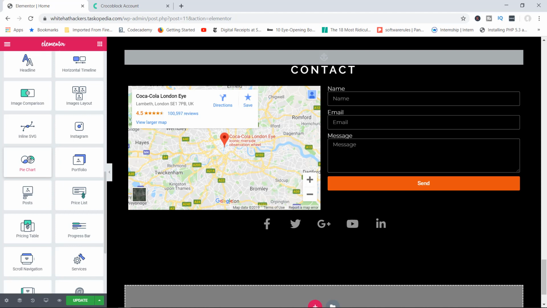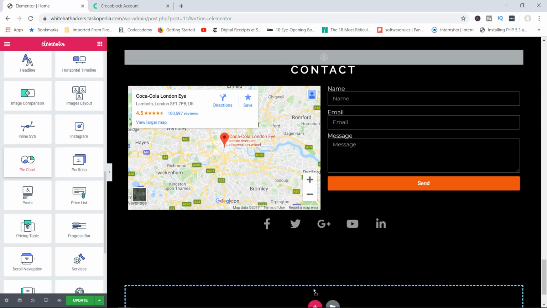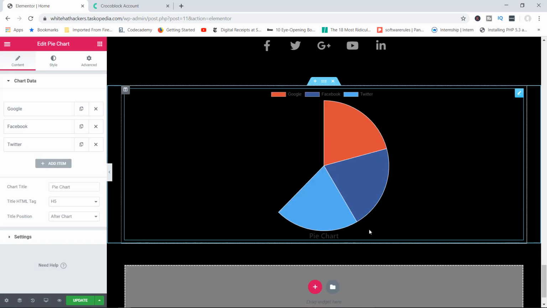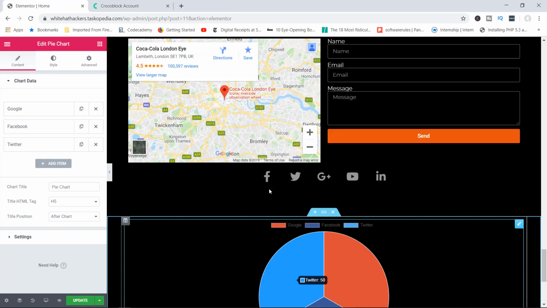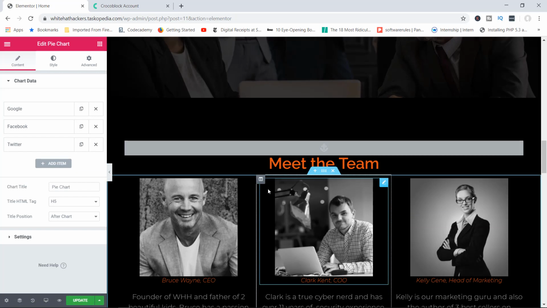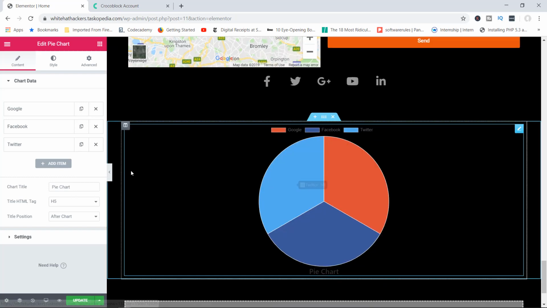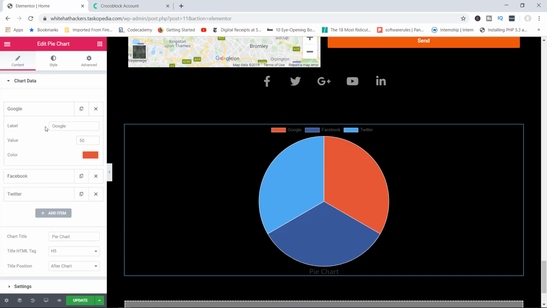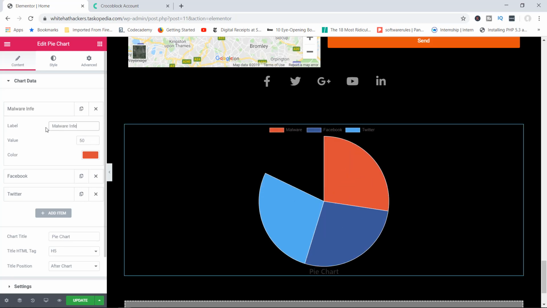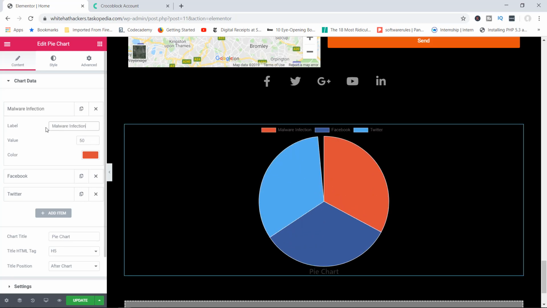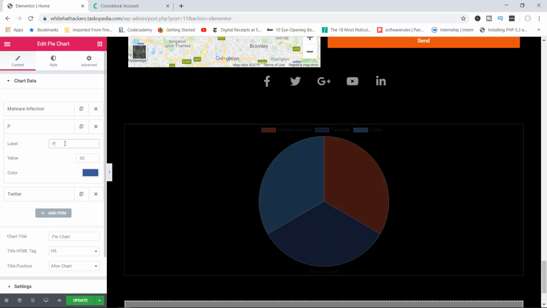I'm going to drag the pie chart right here, and let's dump that at the bottom. All right, so what do we have here? Well, by default, Crocoblock gives you Google, Facebook, and Twitter. What I'm going to do right now is change this to reflect a business which involves hacking. So the very first label, I will change this to malware infection. Let me just close this, and then the second one would be, let's go with